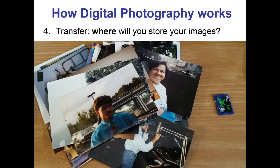So the question is, where are you going to store these images? You want to keep them forever. And you want to do backups of them, and we'll talk about that later on too, because backups now are even more important. Before, you had these pictures, which I still have, some of these pictures are 20 years old,